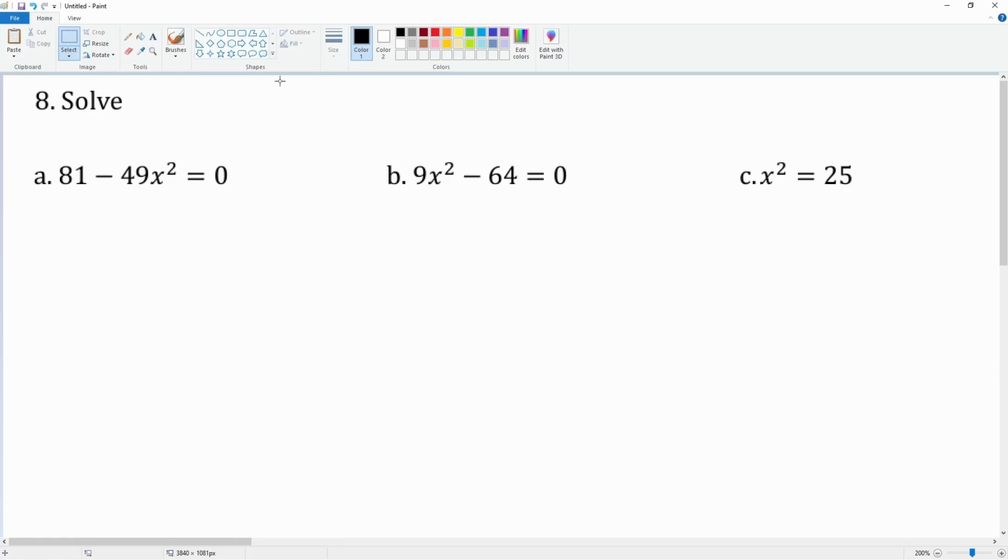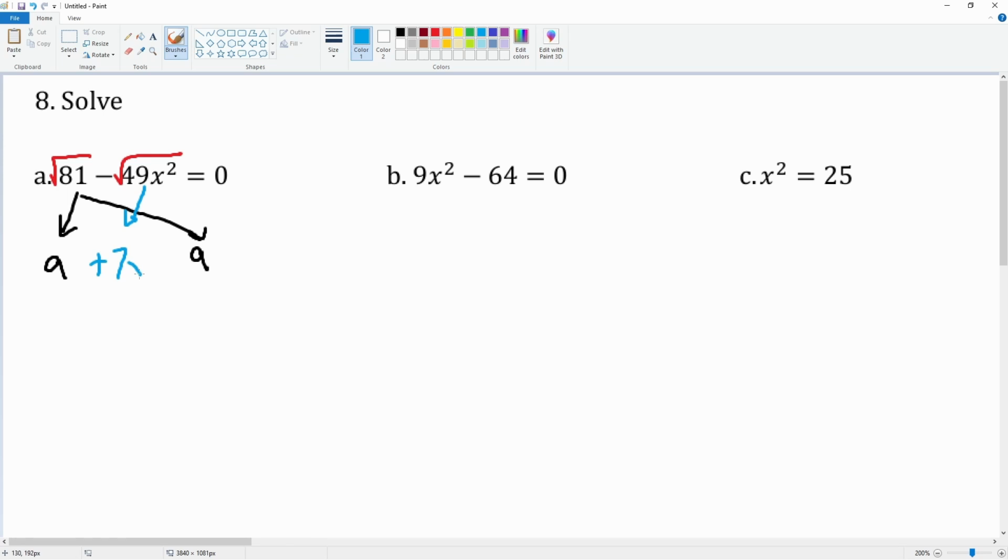Number 8, here you're going to solve. Actually, there are multiple ways to do this, but the way I'm going to do it is I'm going to factor it because these are all difference of squares, all right? So I'm going to square root this, I'm going to square root this. This breaks down into 9 and 9. Then this breaks down into